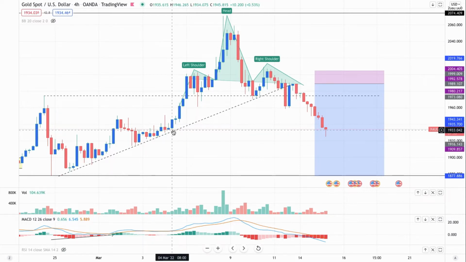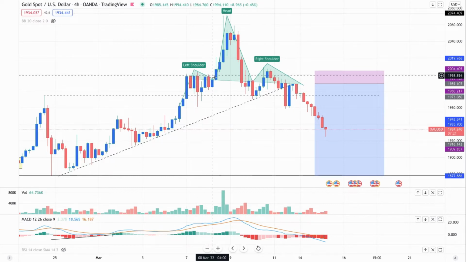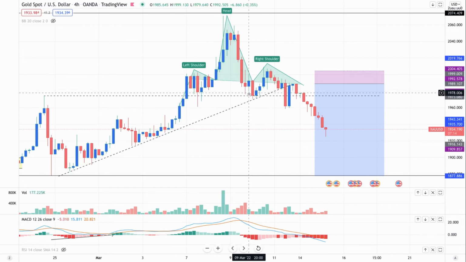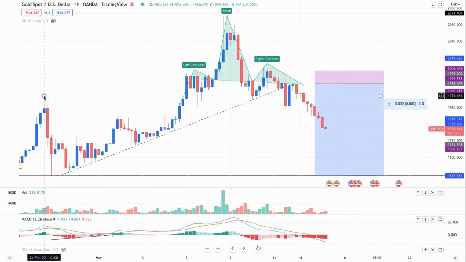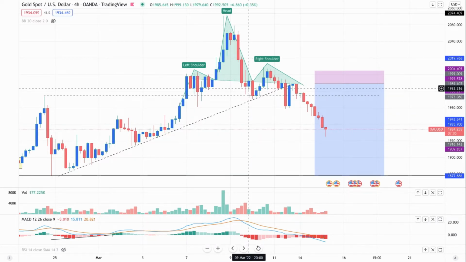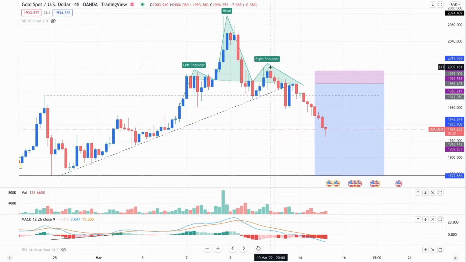And when we look back to the left, back in time, we can see that the pattern that played out was indeed a head and shoulders. Price pushed up high, right? Consolidated a bit, which created the left shoulder, pushed up even higher, which formed the head in the middle, came back down, bounced up off of this previous line, which was resistance flipped support. It came back down again, treated it as support, bounced off of it, which formed the right shoulder.